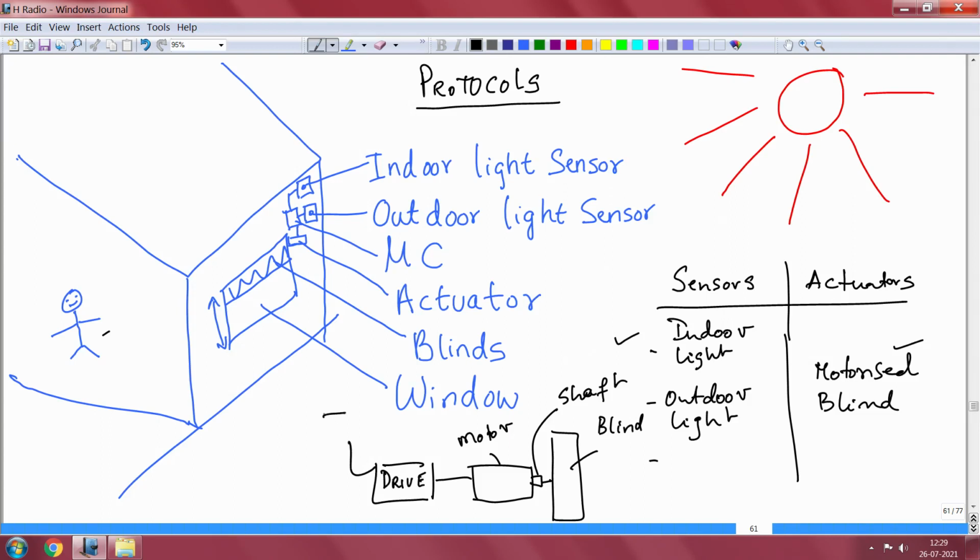This motor drive can perhaps accept data from some wireless link. This is nothing but the command.